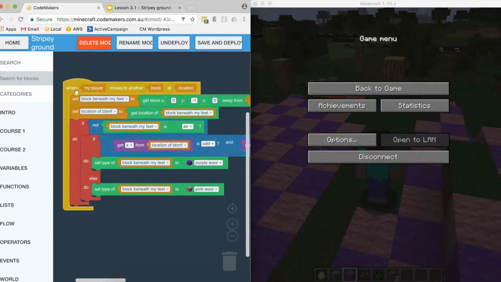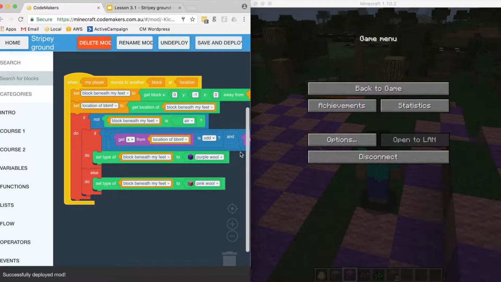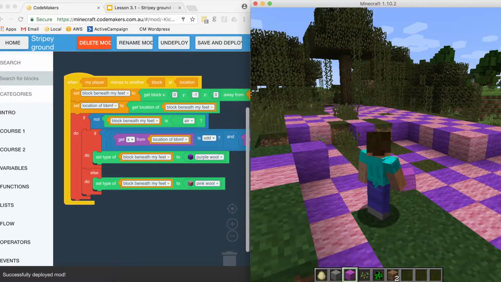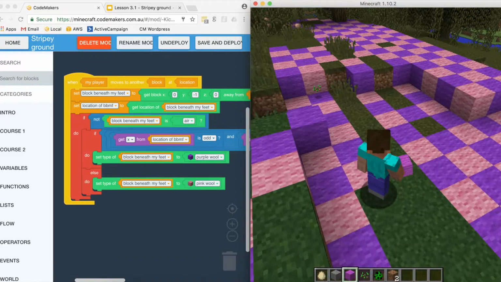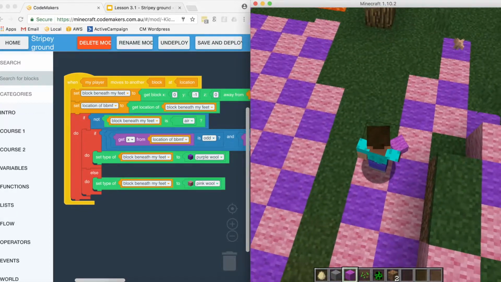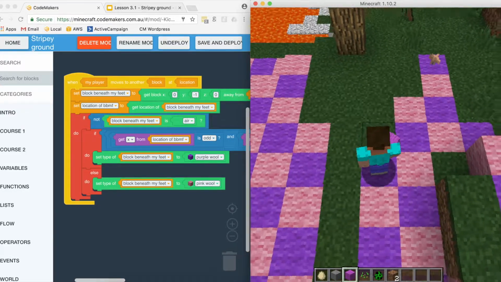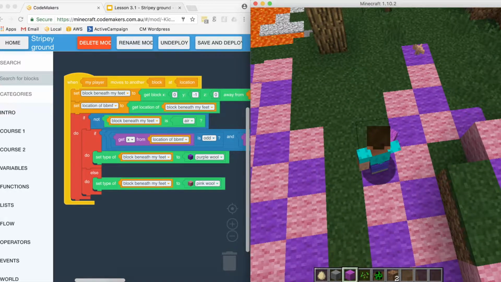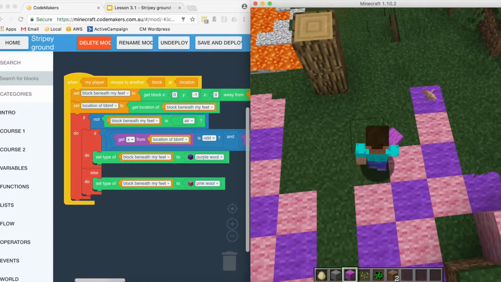So I've made the mod here and I press save and deploy, and here it is in the Minecraft world. The one I've made is actually going to make checkered ground. So you see I've got all this checkered ground here, and as I walk through the Minecraft world, it's taking the block that I moved to and turning it to either purple wool or pink wool. If you see, the next one I go to is going to be pink, and then purple, pink,